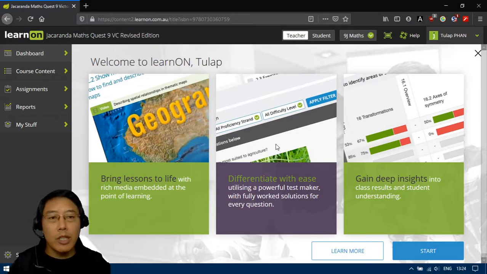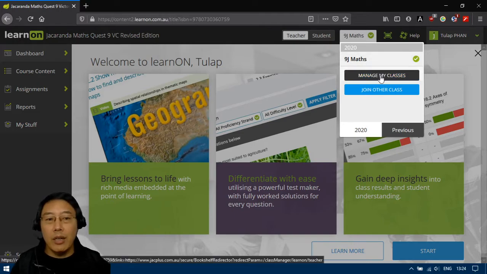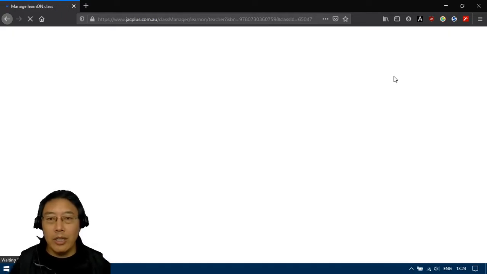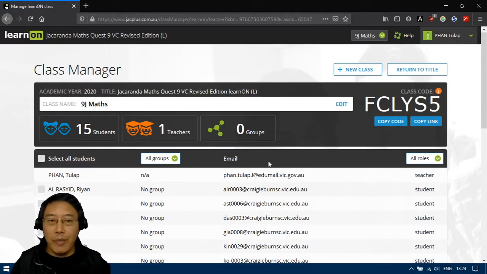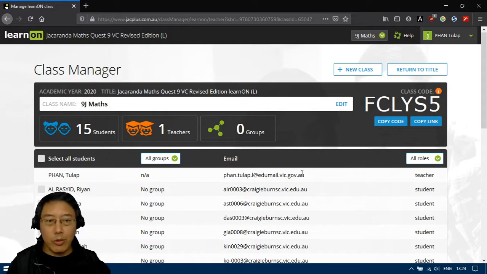what we need to go on is on the top. I already have my class created, but if you open the tab, you will have the manage my classes option. Once you click that one here, I already have my class created, but what you can do is create a new class over here. Once you have your class created, what's going to happen, you have a class code over